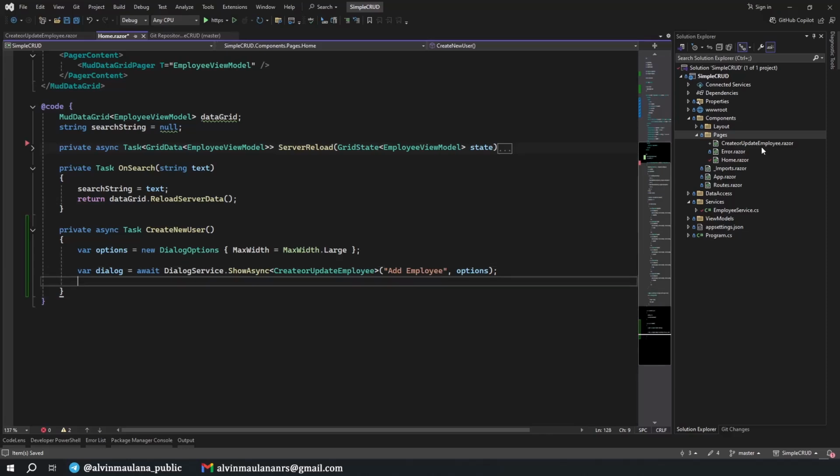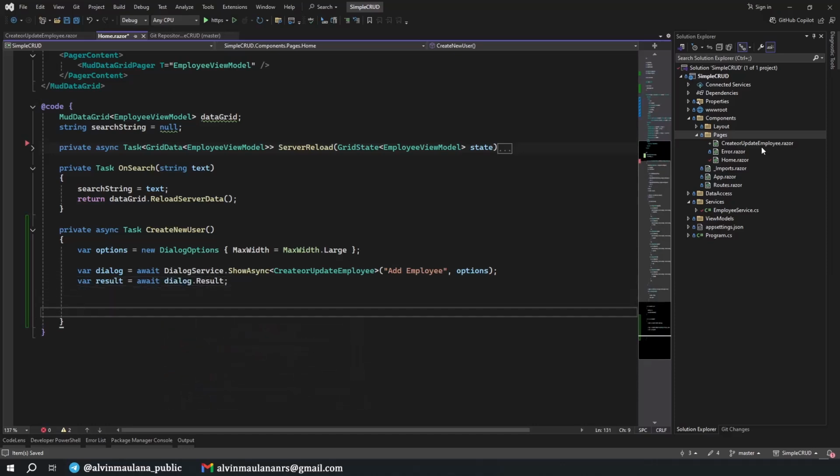Now to get the result of our dialog, var result is await dialog.Result. Okay, so later on when we complete saving changes in our dialog, we will get the return in here, something like true. And when the status is true, we will refresh our data grid in here, so we will see the newest data.